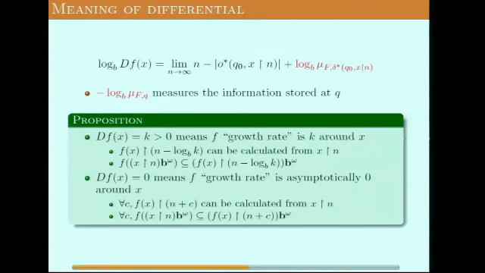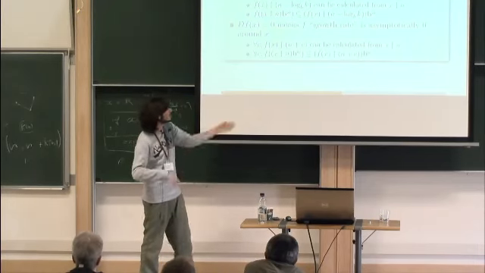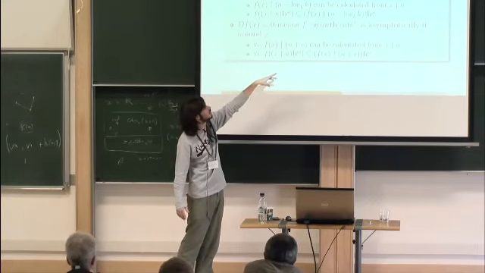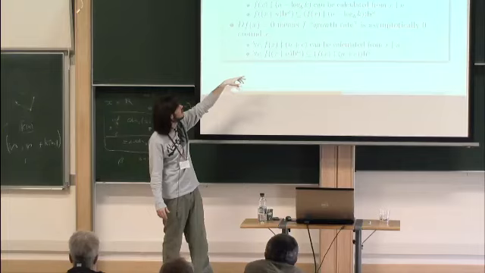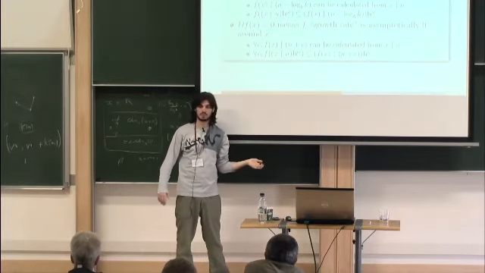And this proposition, which we can prove, is the one that actually provides the motivation for the definition. If the differential has a value greater than 0, this value should be something like the growth rate, right? Because that's what it means in regular real-to-real differentiable functions. So if the growth rate is k, what should happen is that the first n bits of the input influence at most the first n minus the logarithm of k bits of the output.